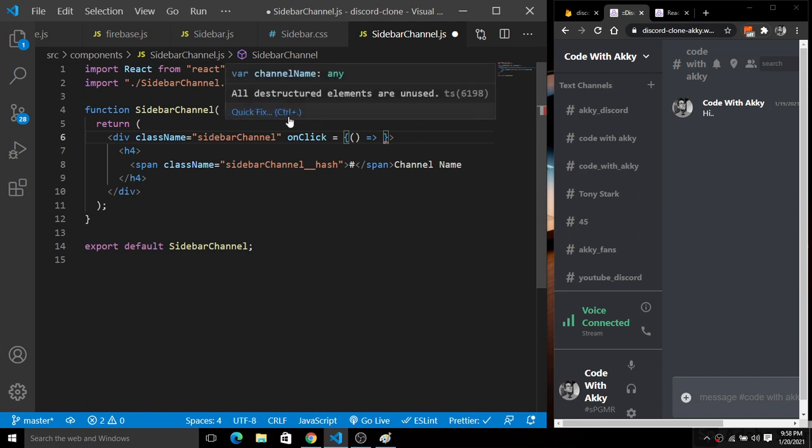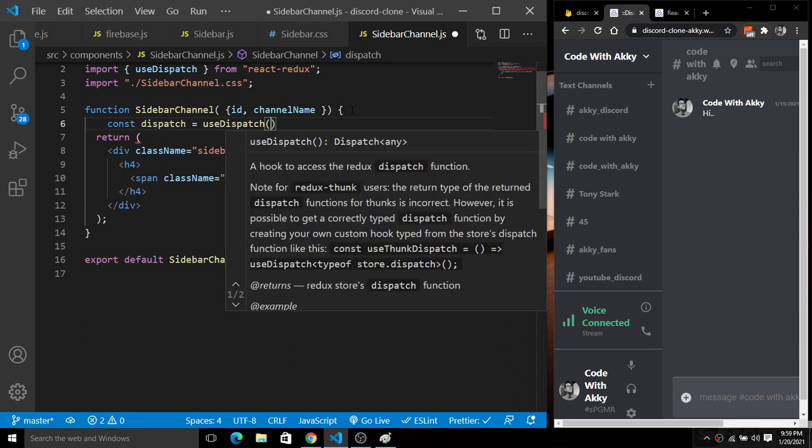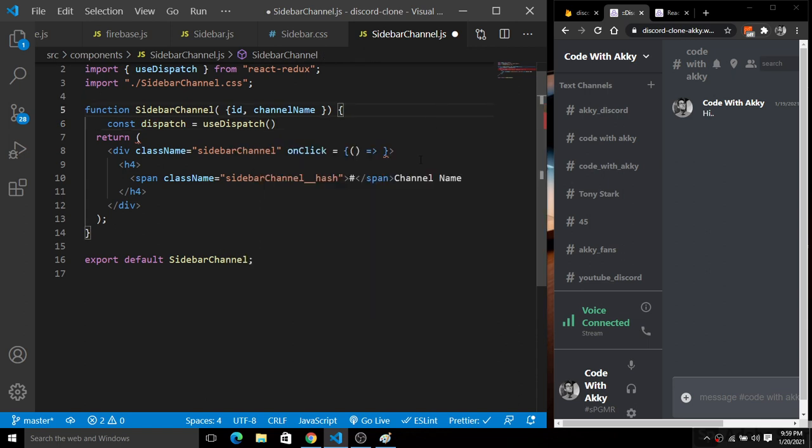So how are we going to use this? I'm going to create a dispatch object from useDispatch. So simply const dispatch equals useDispatch. Import it from React Redux, and then you can use a channel's set channel information, where you have the unique channel id or the channel name.